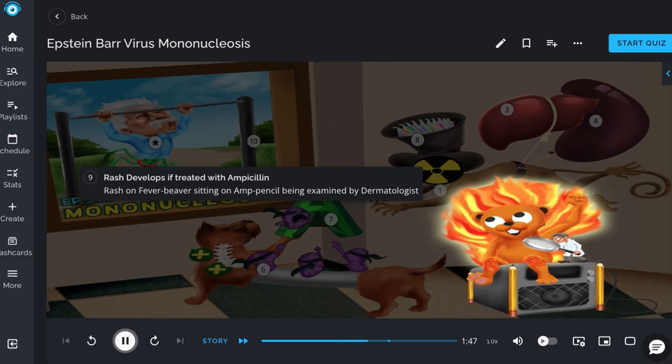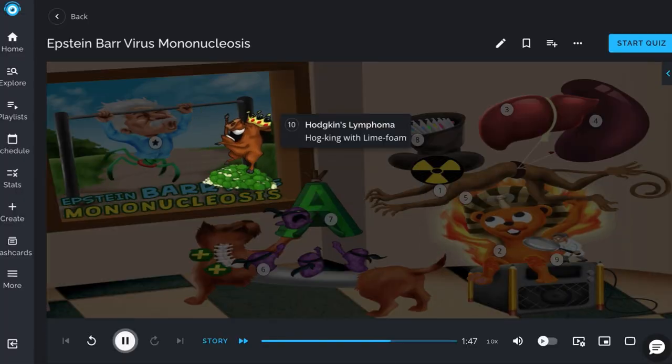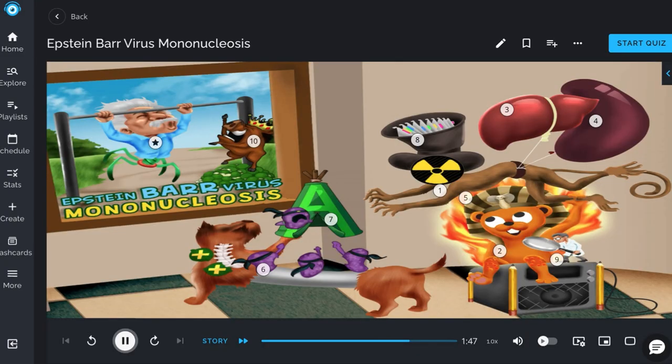So, when mononucleosis patients are accidentally treated with ampicillin, they will develop a rash, represented by the rash on the fever beaver being examined by the dermatologist standing on the amp pencil. Because EBV infects lymphocytes and can alter their DNA, patients rarely can develop Hodgkin's lymphoma, shown by the hog king with lymph-lime foam. So, in summary, Epstein-Barr virus is the cause of